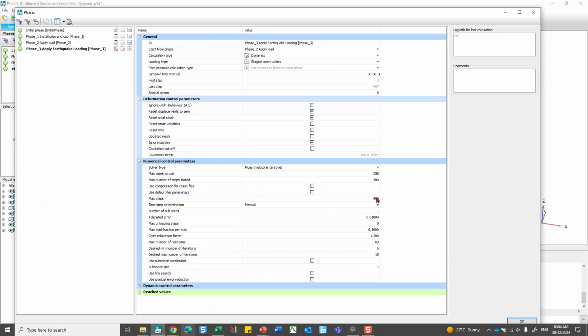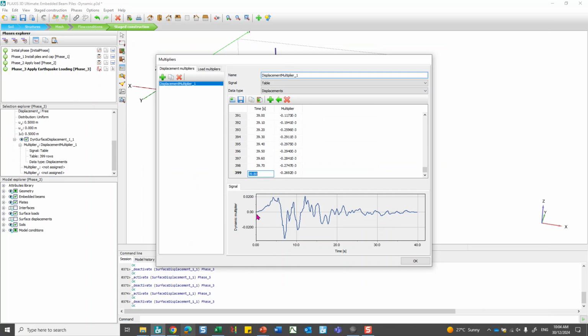So 400, as you can see here. This means that you have 400 points making up all these points and the curve that you see on the screen. So this means that I have reasonably enough coverage